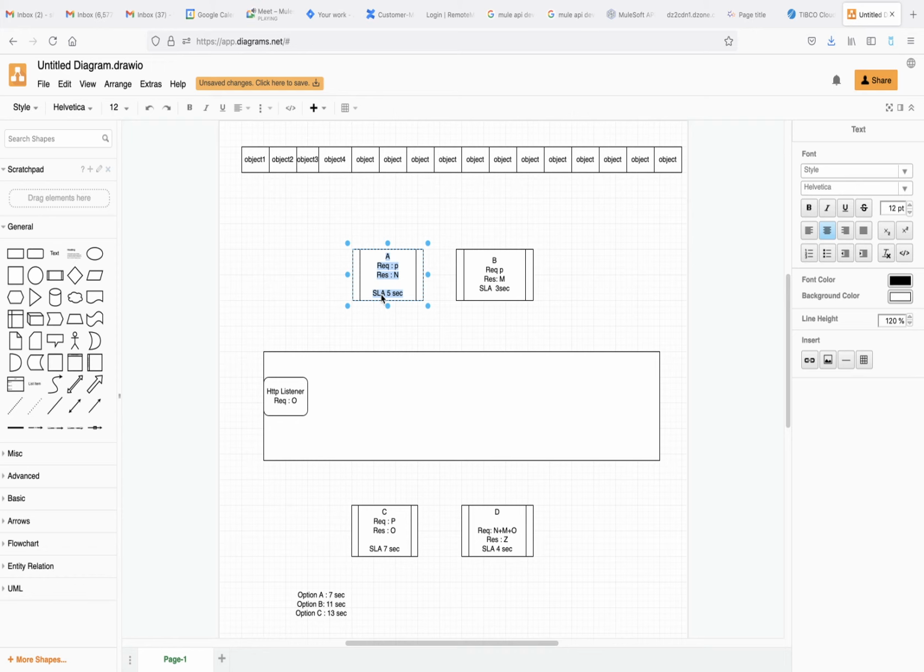So in that case, there will be an agreement between the third party API and the MuleSoft API, like that the third party API will respond within 5 seconds. So there will be one service level agreement. If that API does not return in 5 seconds, then you will send a timeout to the customer who is consuming your API, and you will give the reason that the target system API timed out.